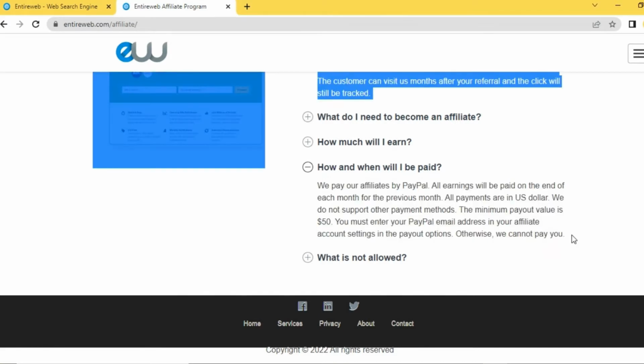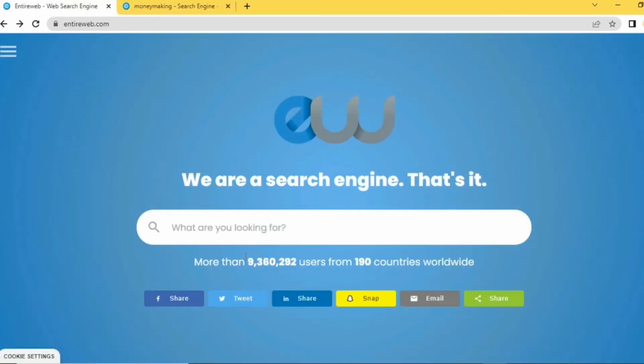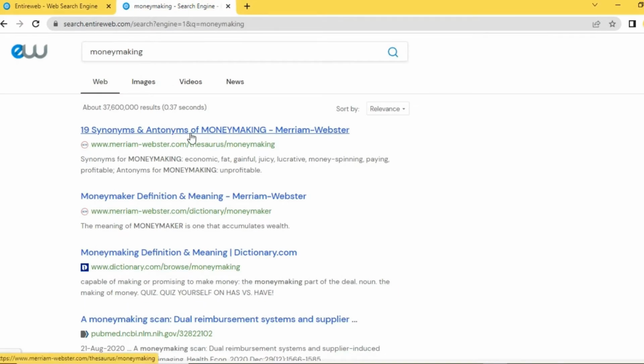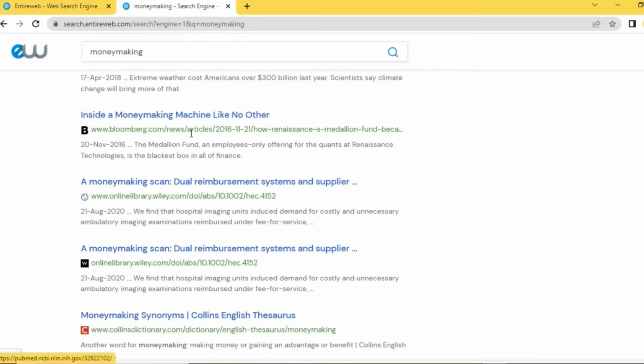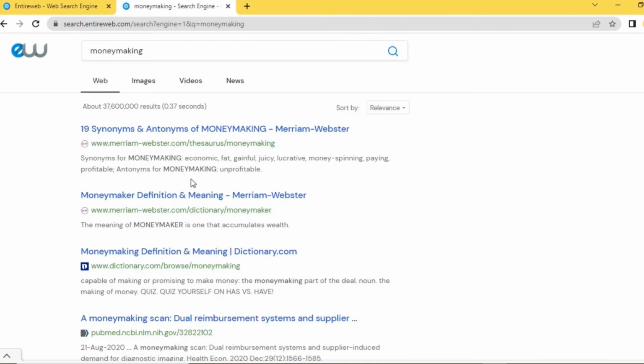As an example, this platform performs the same tasks as Google as a search engine. You can go to this website to search for whatever you want, and you can just key in anything that you'd want to explore or read about on it. After that, these platforms will provide the most accurate and relevant articles or documents they have available. Consider the phrase money making as an example. Then you will be taken to the relevant page, which will display all of the search results that are linked to the subject or phrase that you have just entered. These results might be in the form of articles, videos, photographs, or blogs, among other formats.